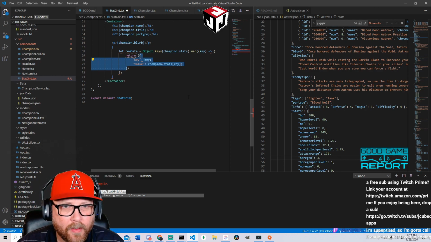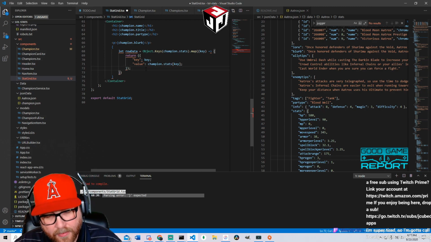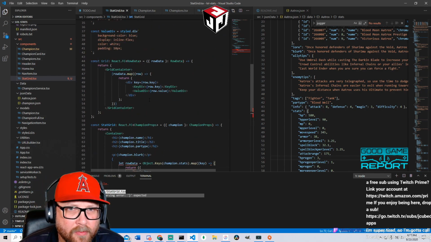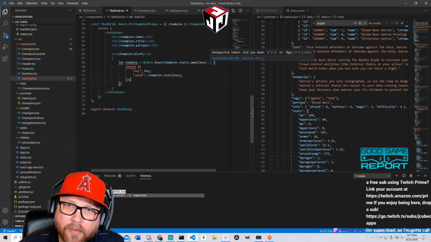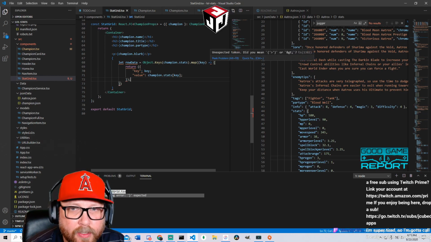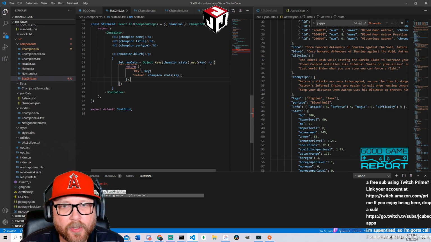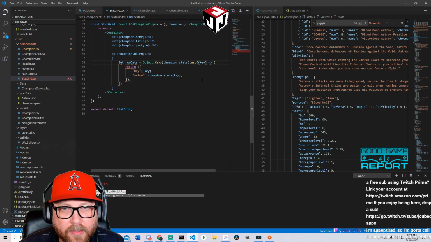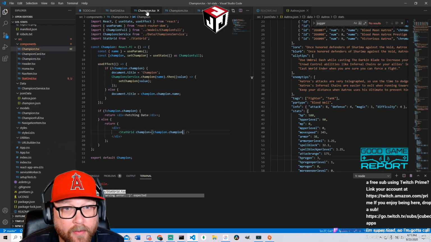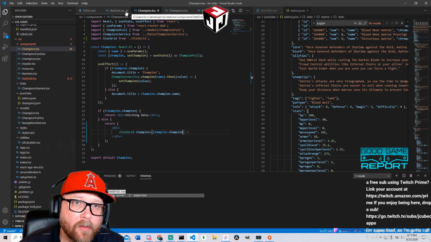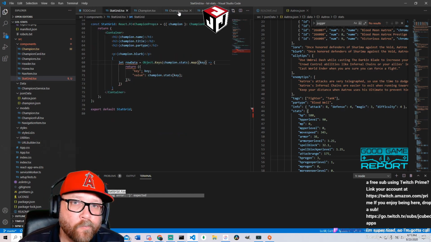Wait, I need a parenthesis? I don't think so. Unexpected token. Did you mean? What do you mean unexpected token? This is the function inside of map. Hmm.